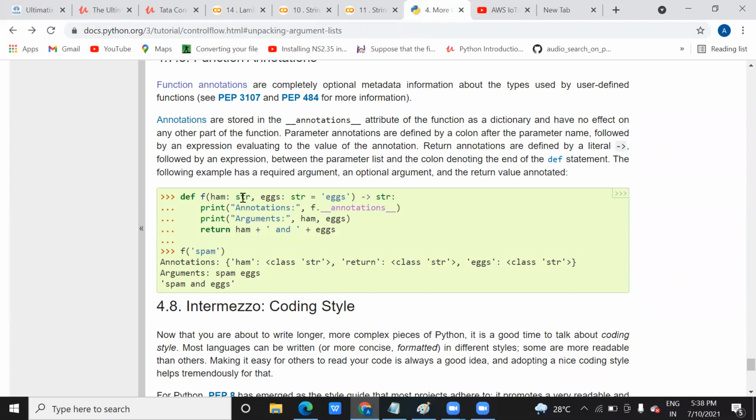Def ham a string x, annotation ham. Okay, I pass spam here. It is initialized and it is printing the value, class str, return.